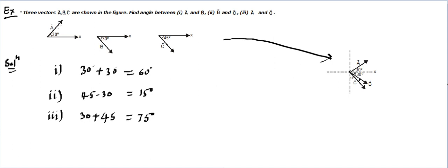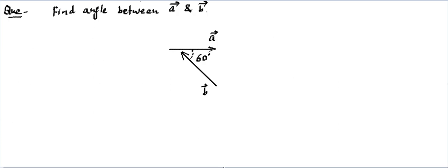Okay. Now let me give you one question to solve and answer in the comment section. That will be all for this video lecture. So here is the question that you are supposed to try. The question says, find the angle between vector A and vector B. This is vector A, this is vector B. You have been shown A vector, B vector, and this angle has been given as 60 degrees. We need to find the angle between vectors A and B. It's a simple question. If you have got the concept, you can answer it. So solve it and answer in the comment section.